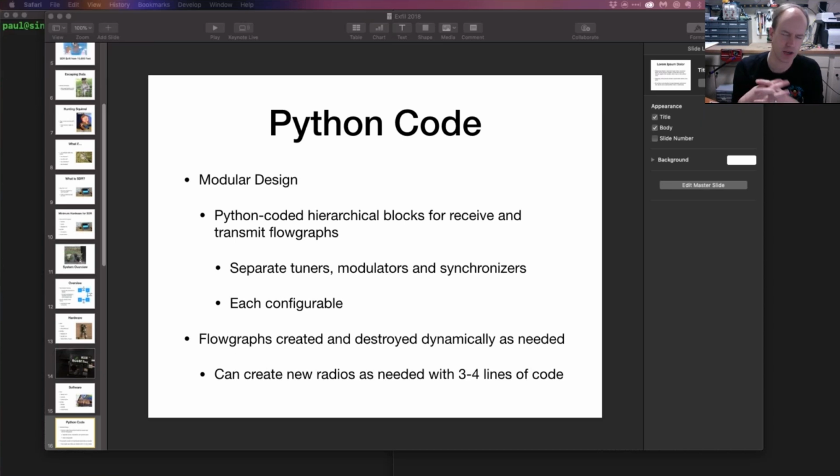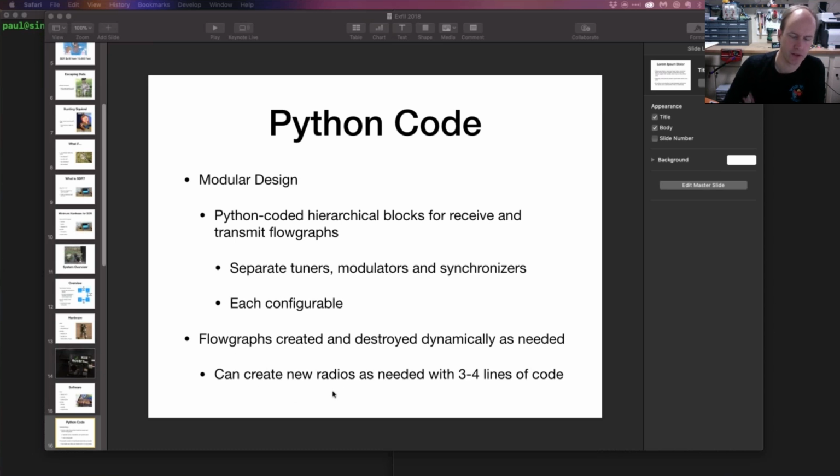You can read documentation about how to start and stop flow graphs. You can read the documentation about how to destroy them, but that's not typically something people talk about much. What I've found is if you are trying to keep a system running in real time, I've had troubles with the HackRF drivers where just some strange error gets spun up and the whole system kind of goes down. I found that if you actually take the time to destroy a flow graph and then restart a new one completely, you can get around that. So that was one useful thing I found. I'll get into more of the useful tips later.